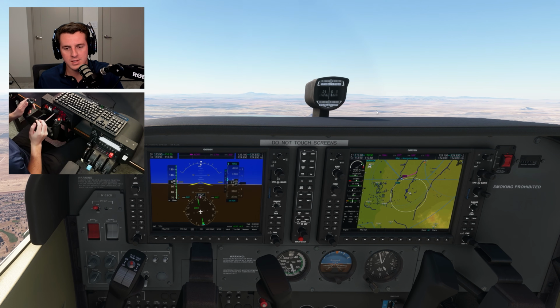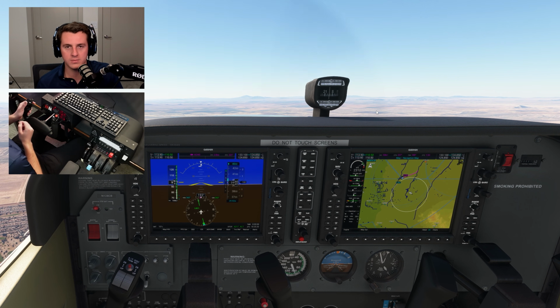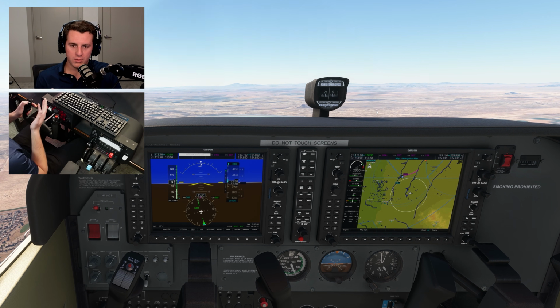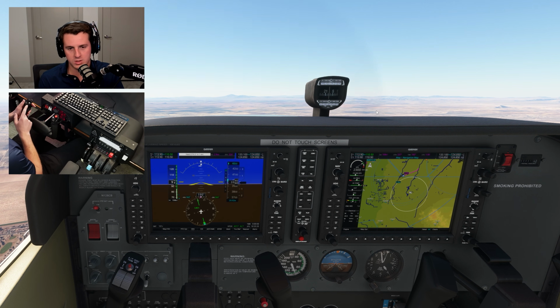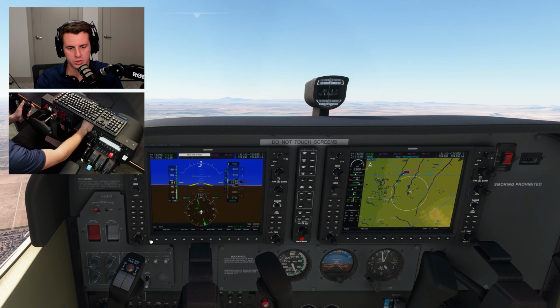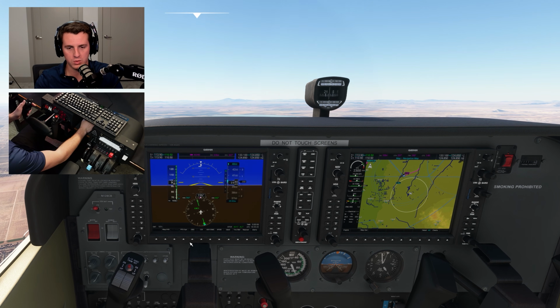The biggest mistake I see new student pilots make is that they are very, very aggressive on the flight controls. And you can see the camera, which I have up to my right here, that when I'm flying along here, I'm just capturing 4,000 feet. I'm playing with my trim. This is the button I have bound right here, just like the electric trim on the 172 yoke and like a Piper Archer yoke. But if I take my hands off the yoke here, you can see I've got to